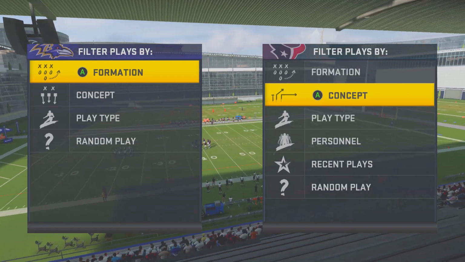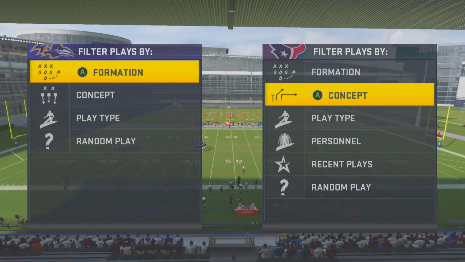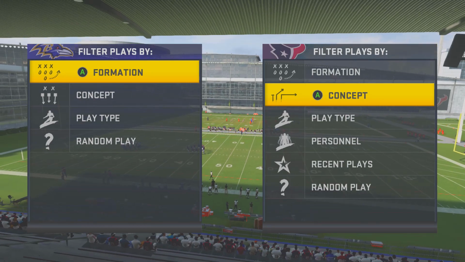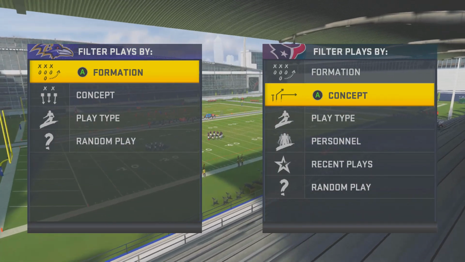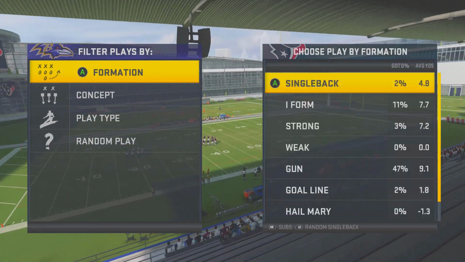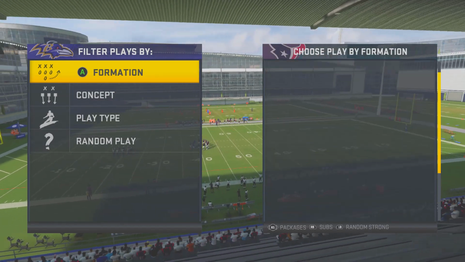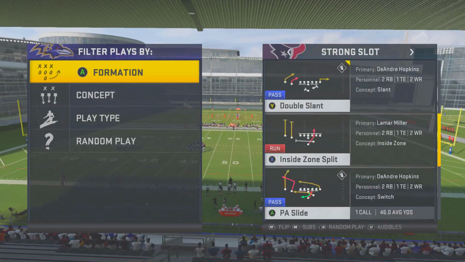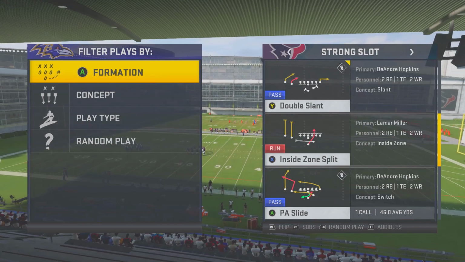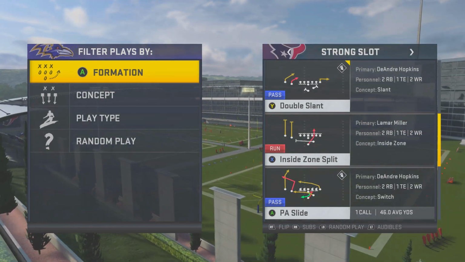What is up, YouTube? Today we're going to be going over another money play found in the Minnesota Vikings offensive playbook. Now, in today's formation, we're going into strong slots, and we're going into this PA slide. This is going to be more advanced right here because you need to know how to do